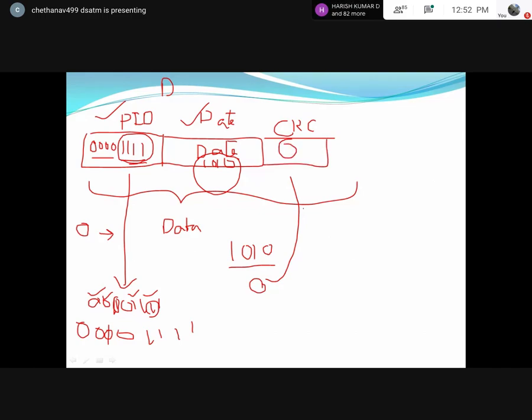When the receiver receives the packet, what data will he receive? He will receive 1010. Then he will also add all the bits. What will he get? He will get 0. Getting 0 means the CRC check passes. That means nobody has altered my data packet, and no data is missed from my packet. Nothing is missed, nothing is altered. Your data is correct.